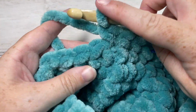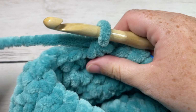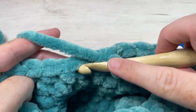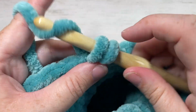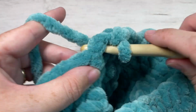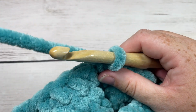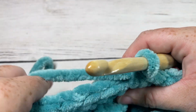And then single crochet 2 stitches together. You're going to repeat that all the way around. Single crochet into each of the next 4 stitches, and single crochet 2 stitches together all the way around until you come to your stitch marker. At the end of your round 24, you're going to have a total of 30 stitches, and then you can